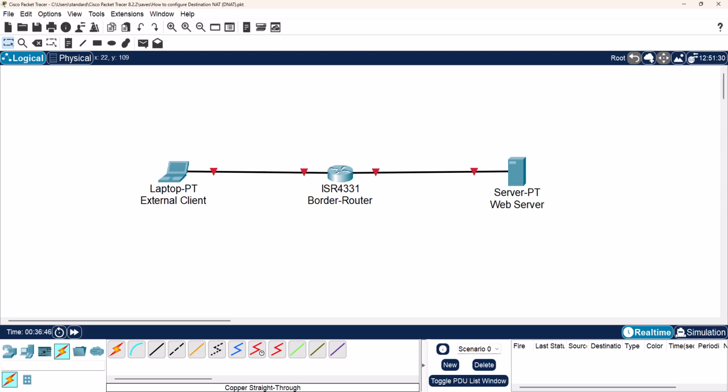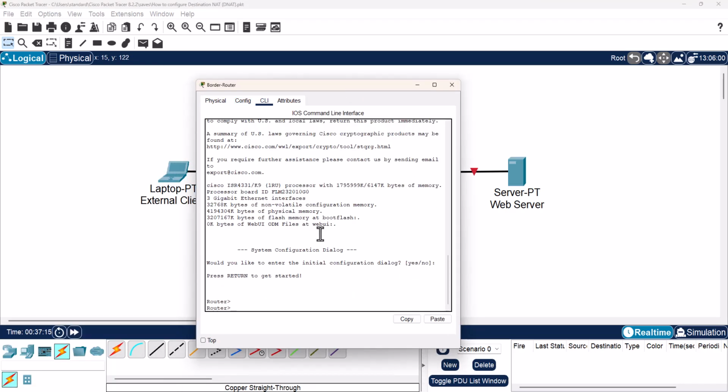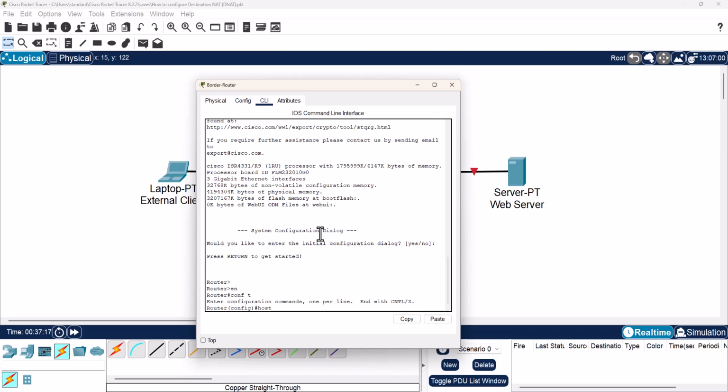Let us assume that you are running a web server in a private local area network behind your border router, and you want that web service to be accessible by an external client, such as this laptop. To achieve this, you will need to implement Destination NAT or DNAT, which is what we're going to configure in this lesson. Without further ado, I will open up my border router, navigate to its CLI, enable conft, hostname border router,